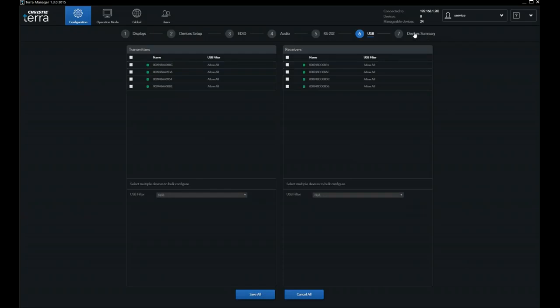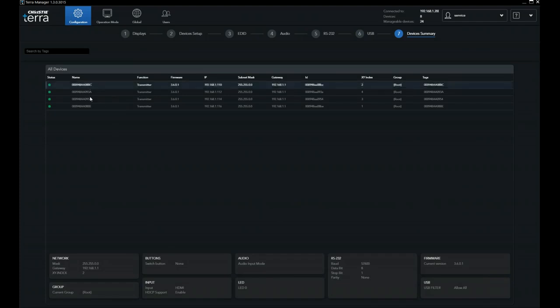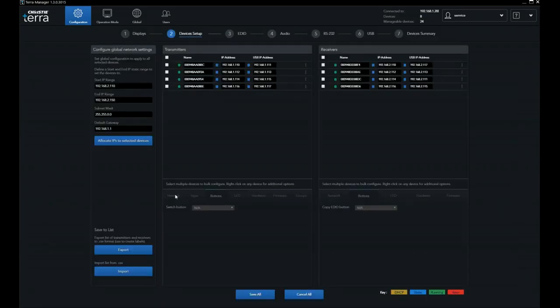So moving across on the devices summary, when you click on the devices, actually there should be 4 of them here, 8 of them here. That's strange. Anyway, you'll see the summary of the different things, the audios and what the button does and so on and so forth. In the devices, I'm going to go back to devices setup now and just run through